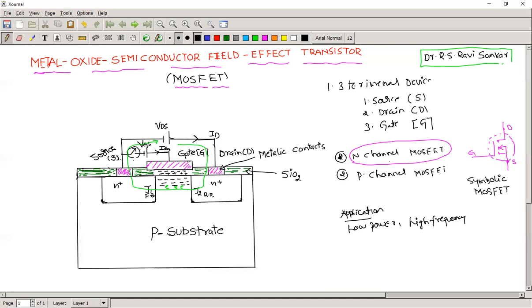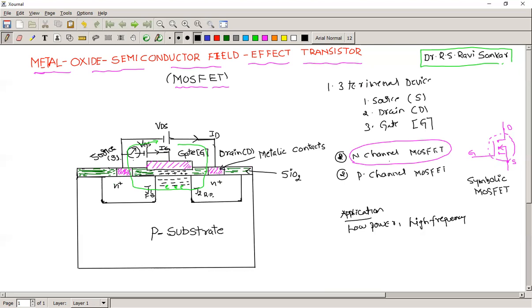Because the junction G2 goes to the blocking state, the base voltage is zero. The MOSFET will be off. If you apply the base voltage, the MOSFET directly goes to the on state. Now, how are you going to turn the MOSFET on and off? Simply apply the gate voltage and withdraw the gate voltage. See here, it is a voltage control device. That you have to remember.